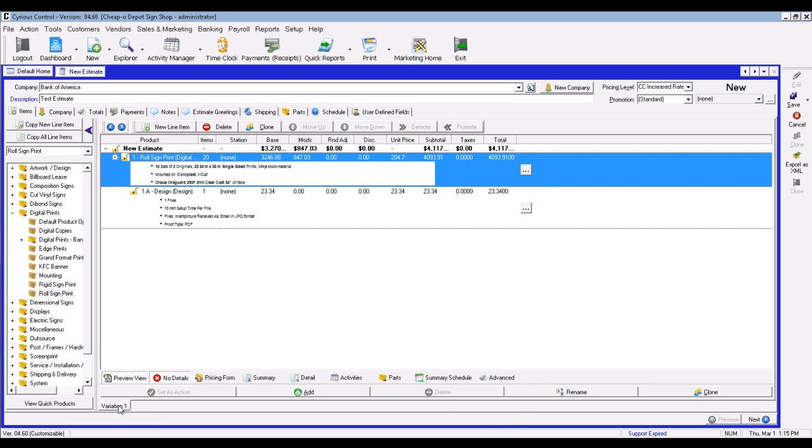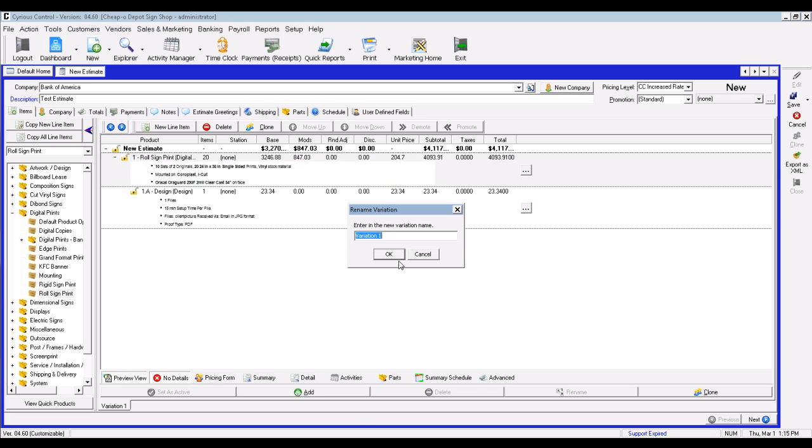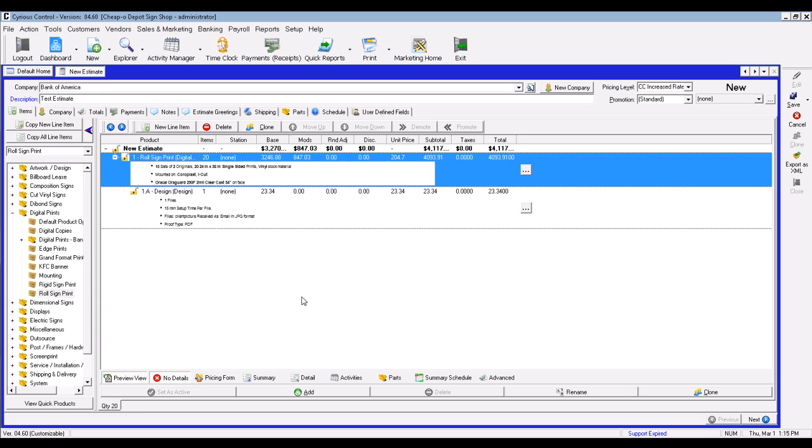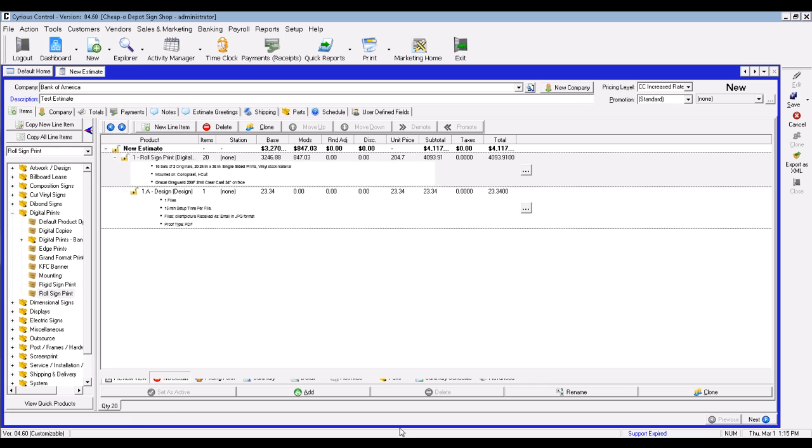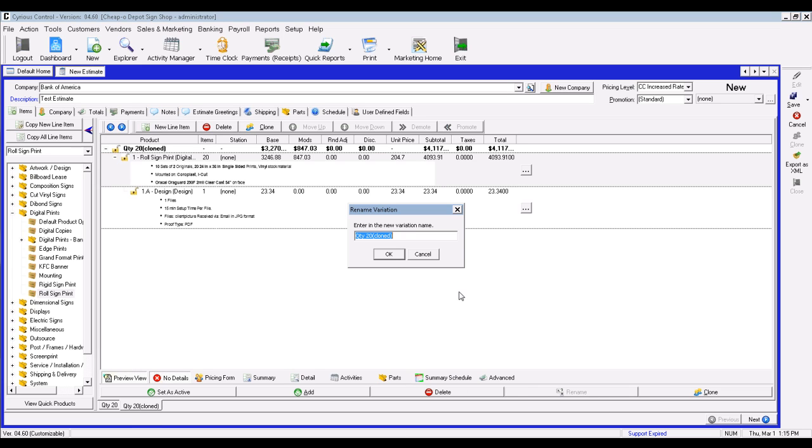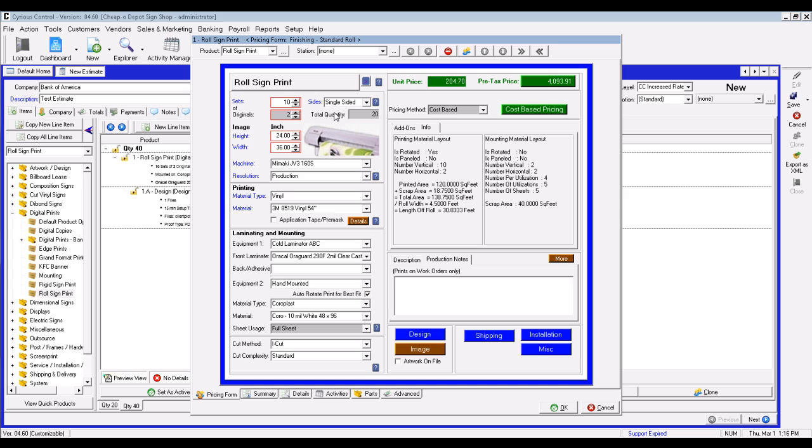All right, variations. A client may come to you with this order and he wants 10 sets of those 2 photos for a total of 20, and he wants to get a price on that. At the same time, he also might want to get a quote for 40 just to see the price differences. So we could rename this one quantity of 20, and we can clone this and rename it to a quantity for 40. So what we can do is go in here and change this to 40,